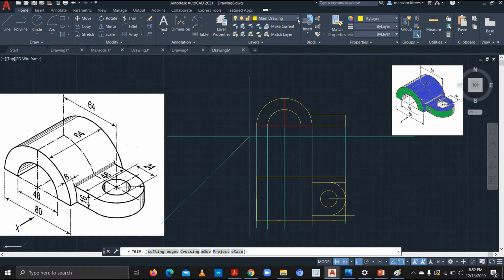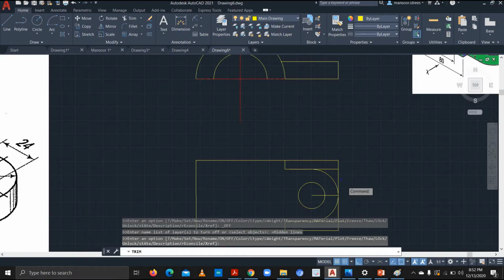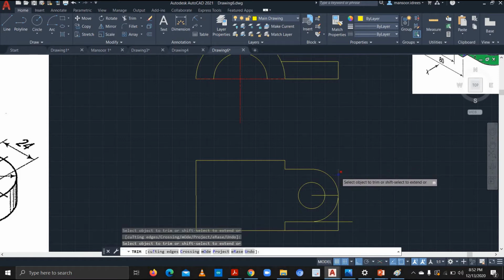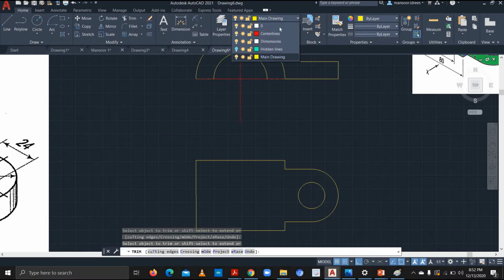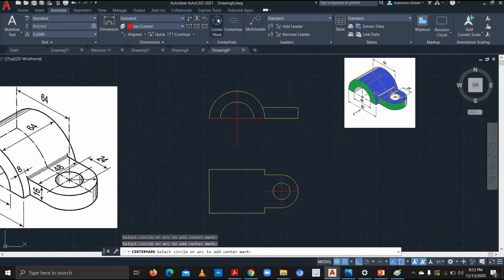For once, we'll just turn off the hidden lines so that I can clearly see my actual drawing. Okay, so this would be eliminated too. Okay, so the drawing is made. I have to add the center lines, so I just go to the center lines layer and go to annotate to add the center mark of this circle and this as well. Alright, so now I just want to